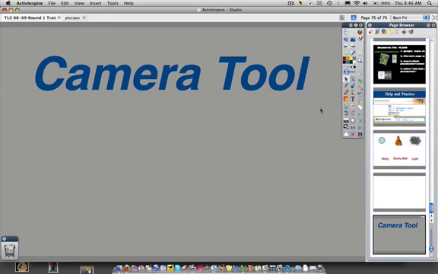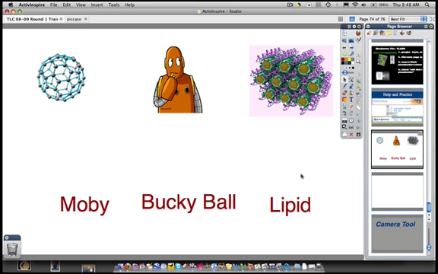This next tutorial is going to cover the basics of the camera tool, which can be one of the most useful tools that you use. There's two different ways to use the camera tool, and I'm going to highlight those now. The first thing I want to show you is how the camera tool can be used on a flip chart